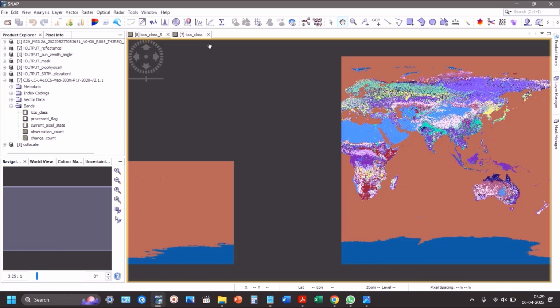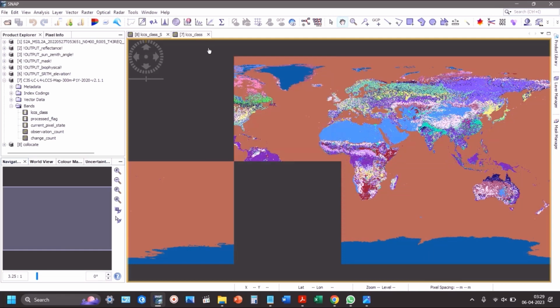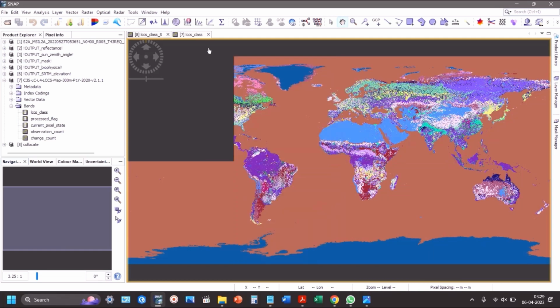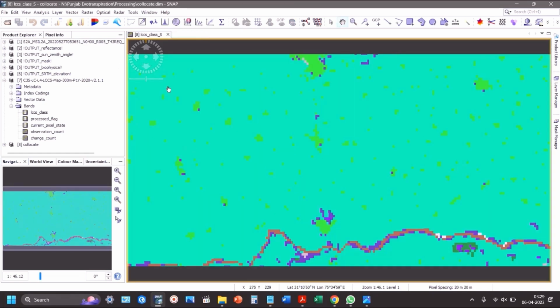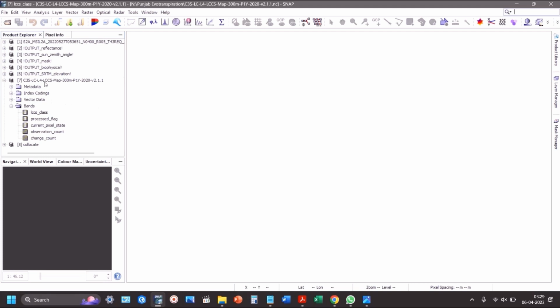As you are seeing, the visualization is for the entire globe. So we do not need the complete land cover layer for the globe, which is why to subset it to our area of interest, we use the co-locate tool. One thing to note over here is this is not the final step in the computation of the land cover layer, because the name of the layer